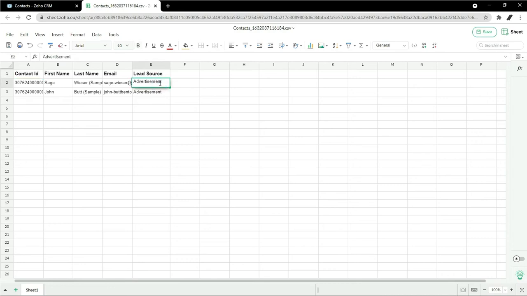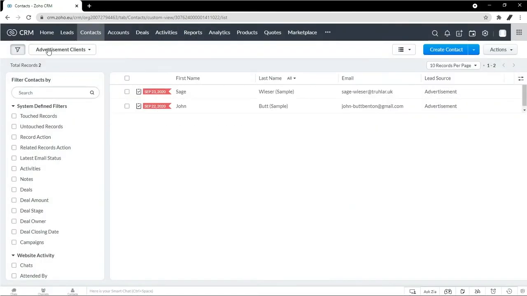So example in advertisement, I'm gonna put web research and then I'm gonna paste it here. So if I feel good about the changes, you're just going to hit save. The important thing here is to make sure it completely saves. You see how it's saving? You have to wait till this shows up, which is the spreadsheet saved successfully. Once that's shown, you can exit this view, and now what you'll see here after you refresh